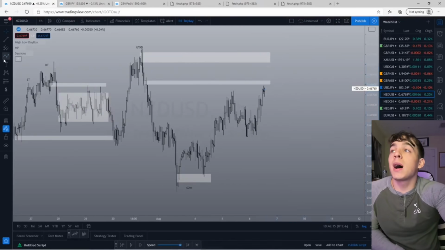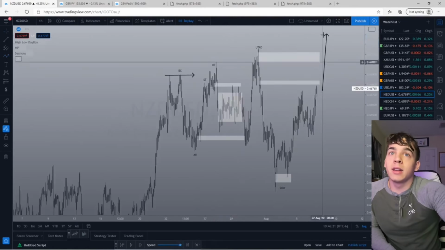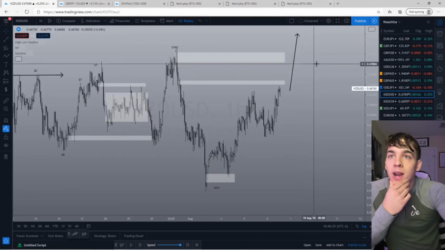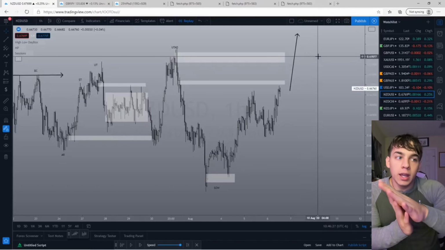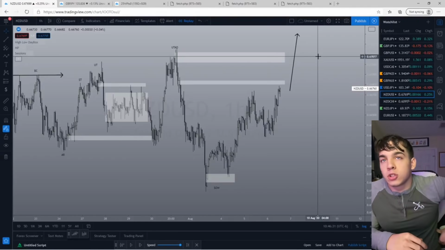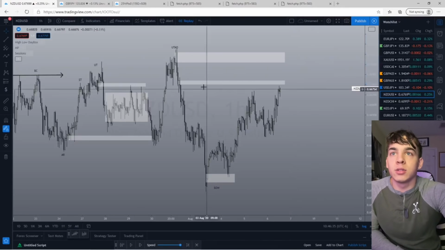Third possibility is that the market is going to say, you know what, forget it, we're not even going to make this valid, and it's going to push straight through and not respect the analysis. So that is going to happen, right? Regardless of what strategy you use, any strategy in the book, there's no such thing as a holy grail. Okay, so as an example, I'm going to show you guys right here that the market actually rejects off of this